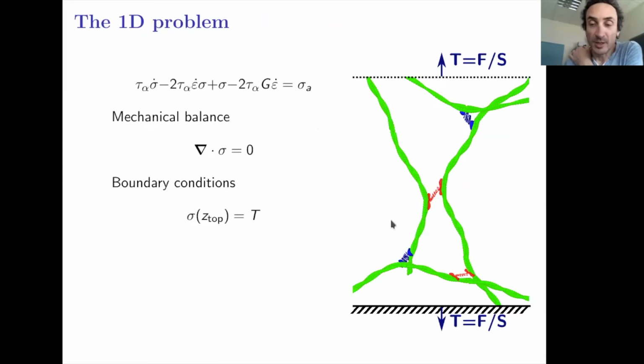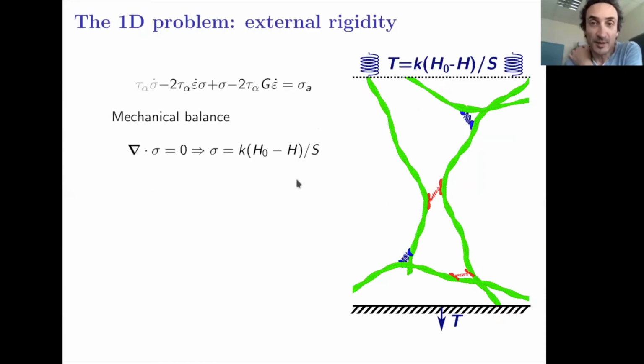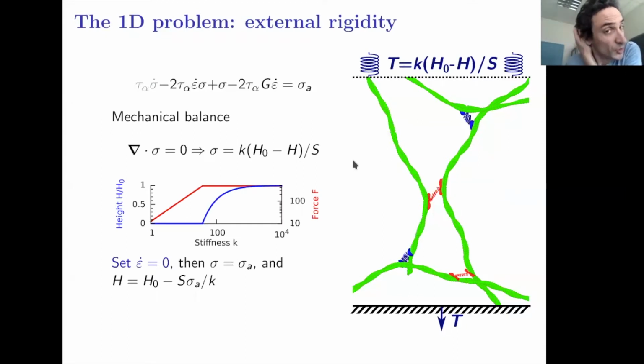Okay, so then of course it's more interesting to have more complicated boundary conditions, and that was the topic of our work with Etienne. We had a spring-like setup to put in series with the cell, and mostly it's actomyosin. And so we could show the properties of this, and what is interesting is that, because it collapses to 0 length if the external stiffness is low, and on the other hand, reaches a constant force if the external stiffness is large, you have something like an emergent spring, actually, something which has a set length and